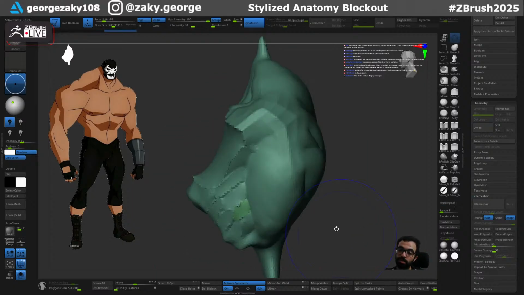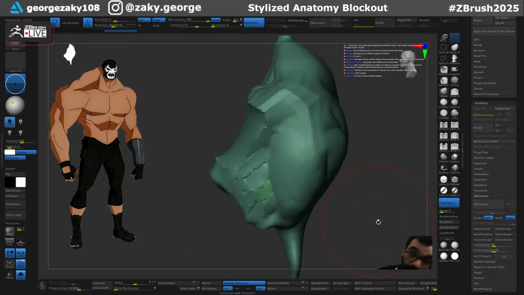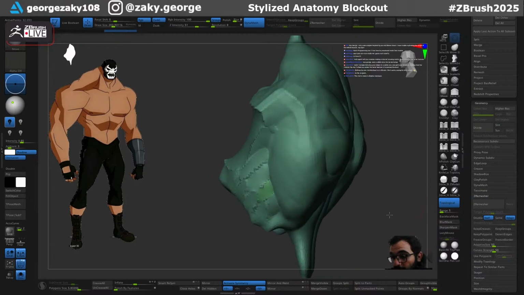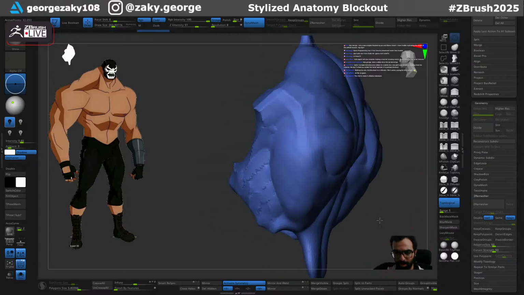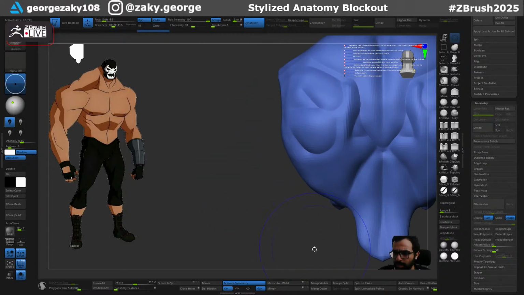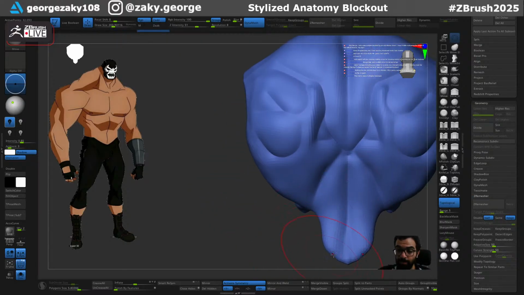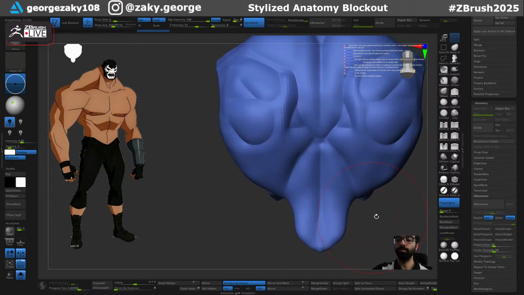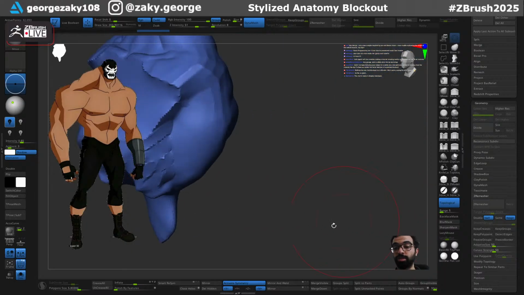Close holes. So as you can see, it's a bit time consuming using masking. It works. Don't take me wrong. It works, but it's a bit time consuming. So let's try using another method here